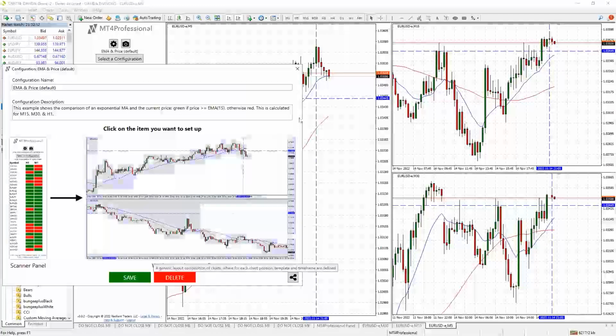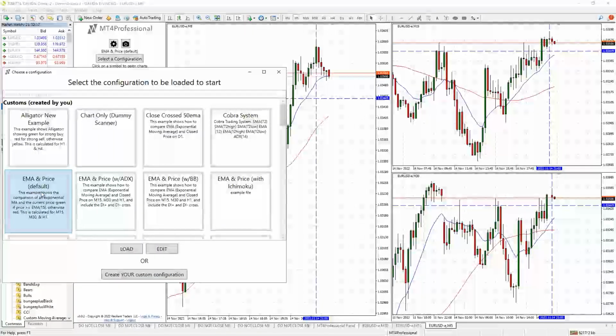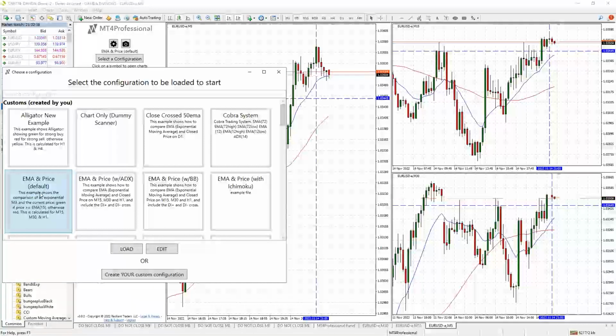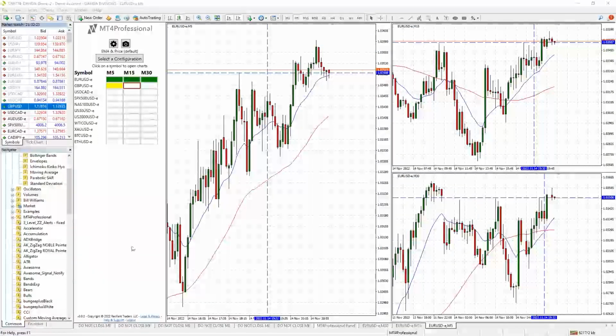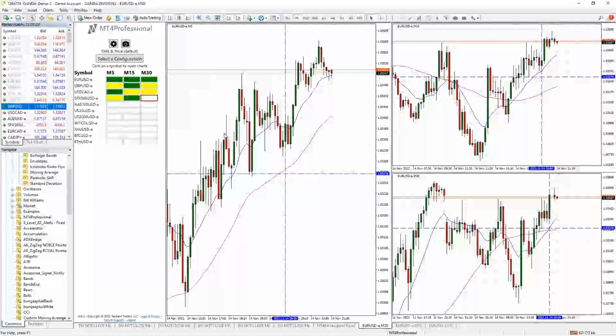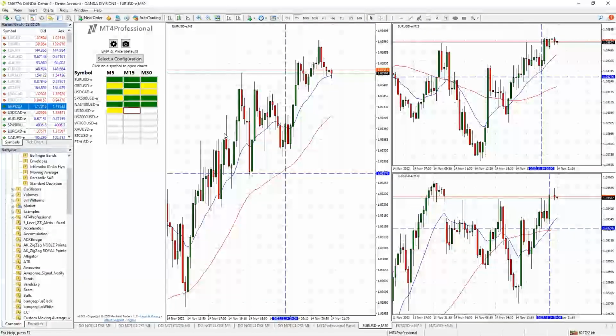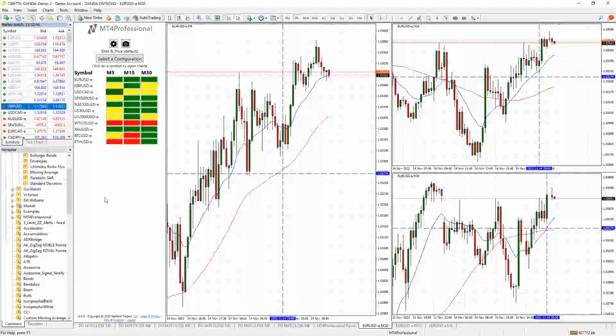Just that easy. Once you're done with this, close the window and click the configuration once again to reload it. And all of the changes that you made will now be displayed and loaded into the setups on the charts. If you have any questions, let me know. I'll continue along as we go.